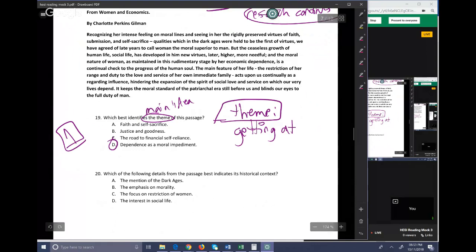They basically were trying to get at the fact that dependence in an economic sense and in certain other senses that they barely allude to is hindering the growth of a soul. And it goes back to this repeatedly. It keeps saying, as long as you're depending on something, you can't fully grow. You can't fully expand your moral ground. And it keeps going back to that. This one is going to be one where the other answers being wrong has a lot to do with you figuring out which one is right, which is a more common issue than I've made it seem within this particular mock.